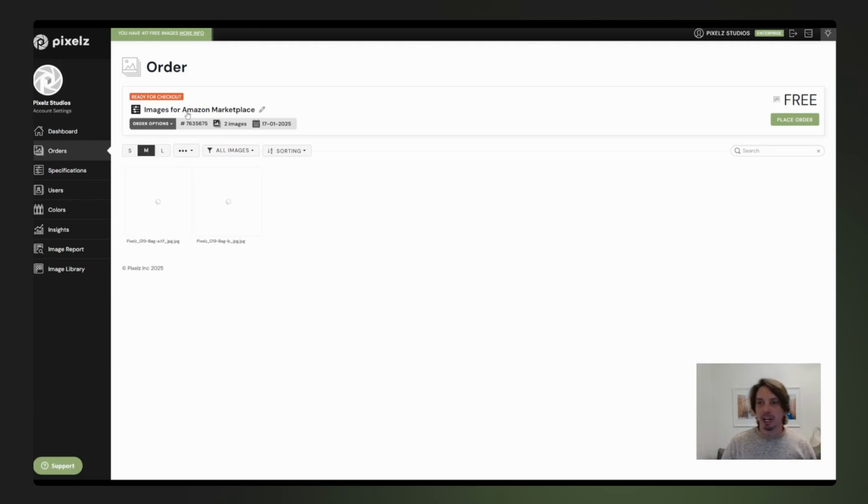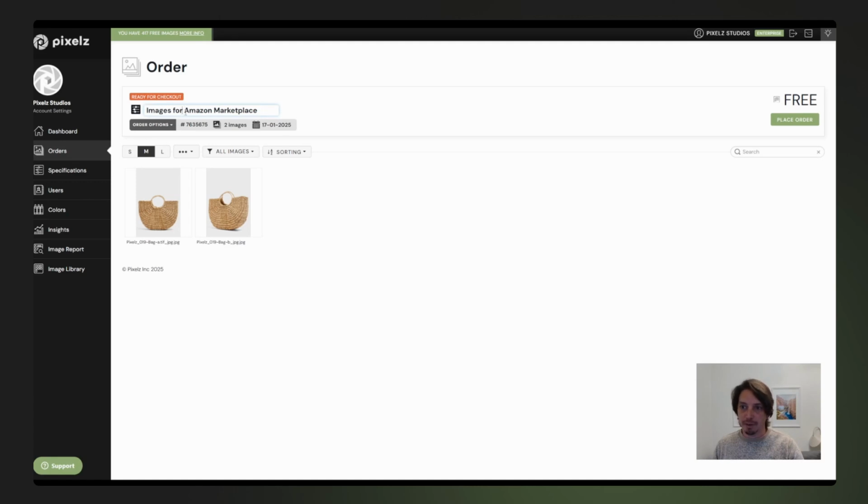And this is one of our marketplace templates that we've selected. This will go ahead and prepare these images with the specs for the Amazon Marketplace, so we can go ahead and sell this bag on Amazon, where the image gets formatted exactly like Amazon requires in order to sell directly on their marketplace. At this point, I can choose to rename the order if needed, something to make it a